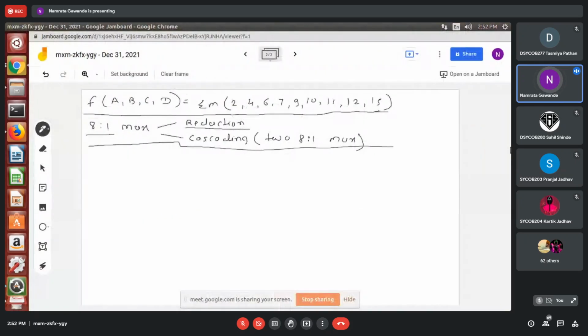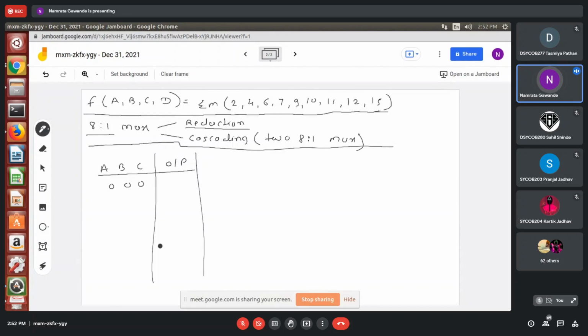With the reduction method, I can now write A, B, C, and the direct output that I am getting in terms of reduced form. So 0, 0, 0.